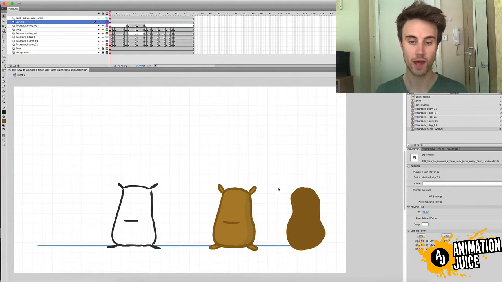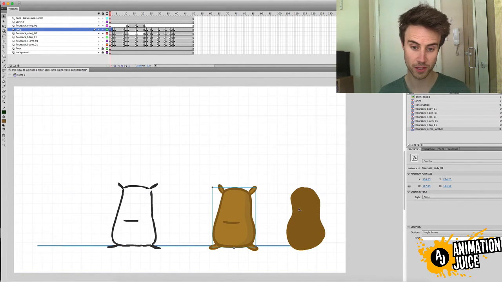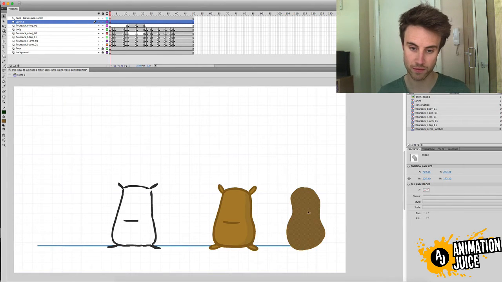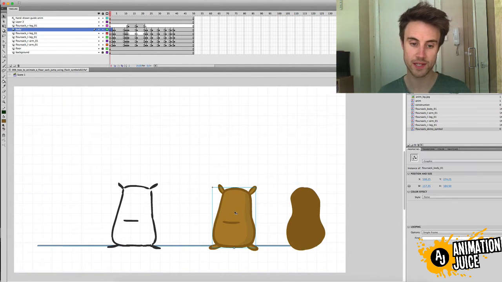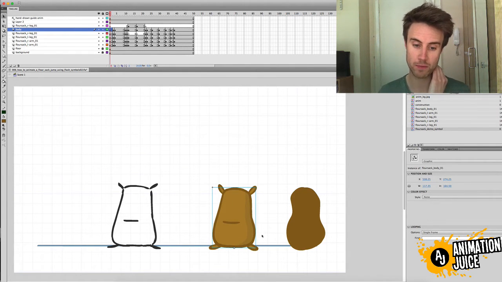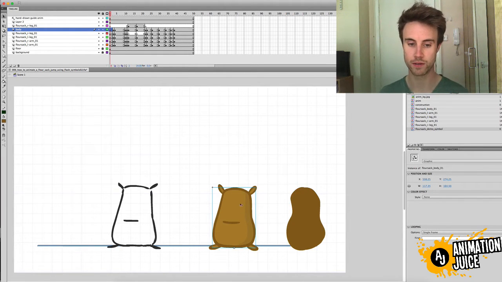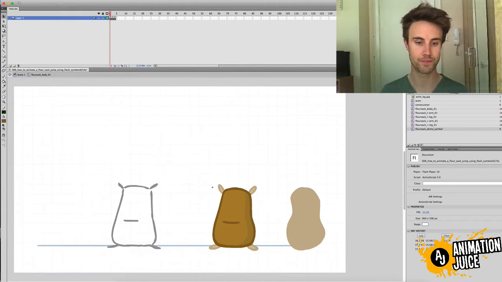And now that is a symbol, and that's exactly what I did with this guy here. If you click on this box, you can see this is just a drawn example, and this is a drawing that's inside a graphic symbol. You know that's in a graphic symbol because A, you get this blue bounding box in it, and B, in the properties panel in Flash, you can see that it says graphics at the top there, and you get a few more options. But if you double click on that, you will see that inside of this clip there are